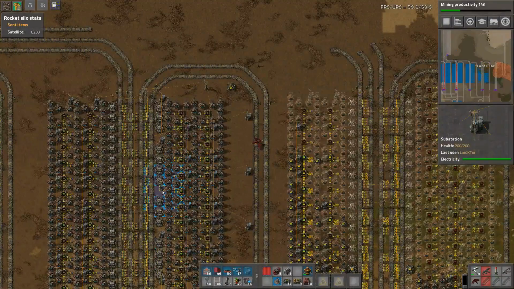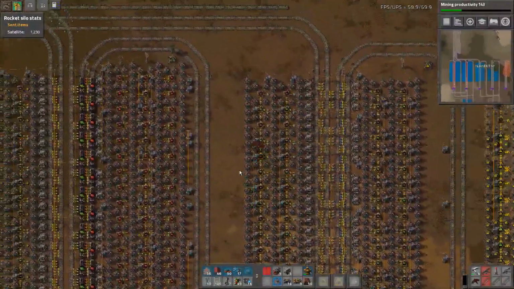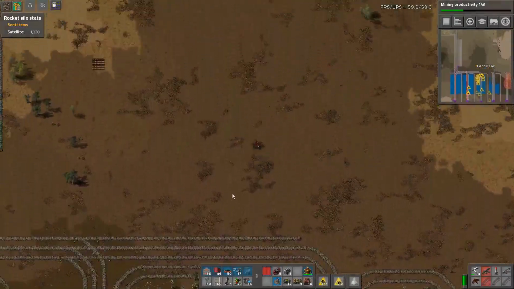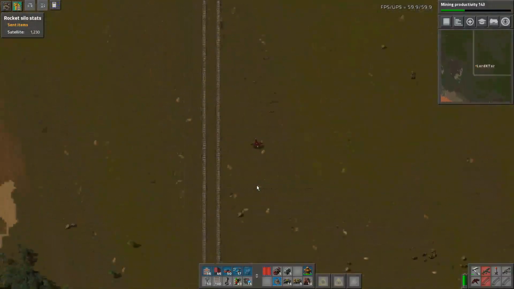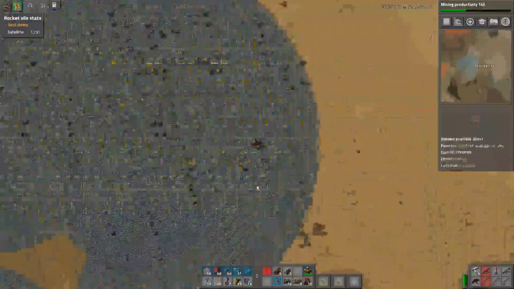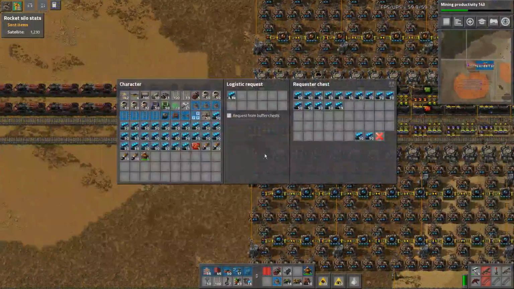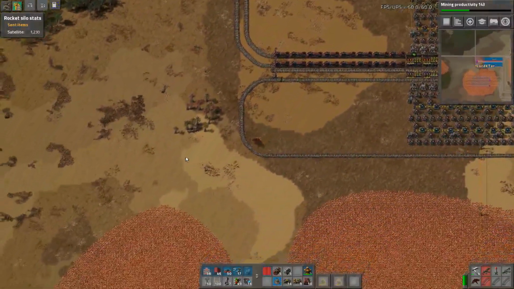We may have an overabundance of these guys here. We certainly have an overabundance of modules, so let's do something about that. Modules, yes. Let us go and return the unused speed modules. There we go. Give this facility something to do. Now,